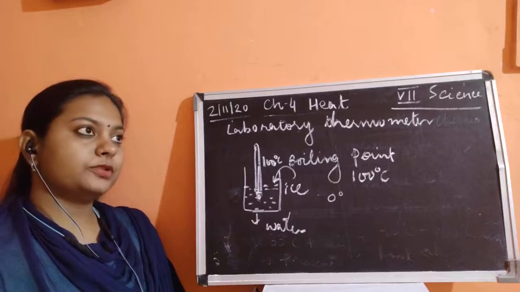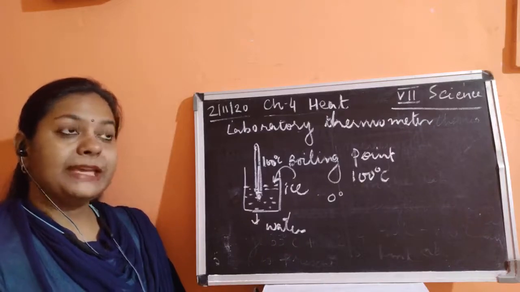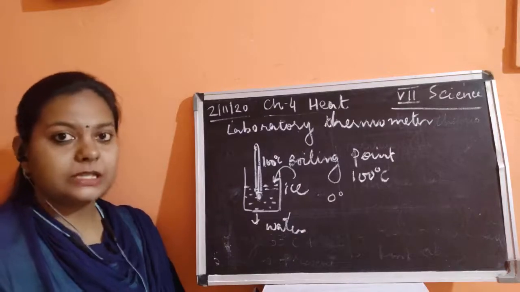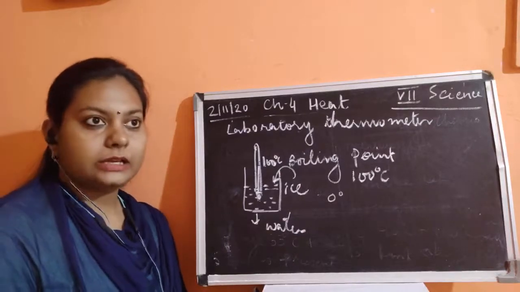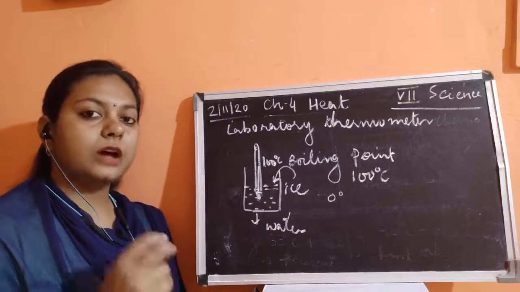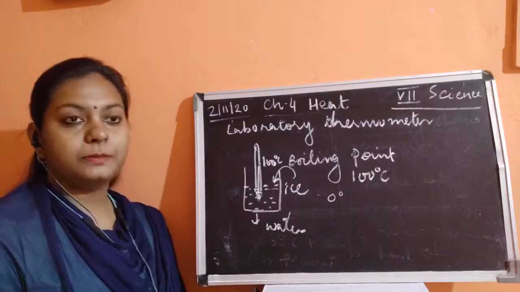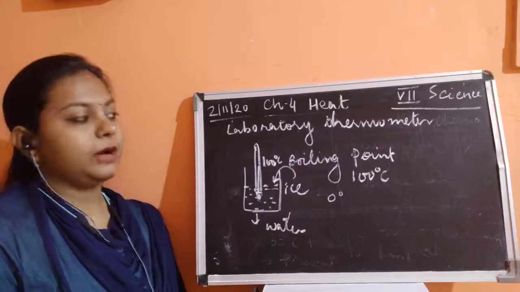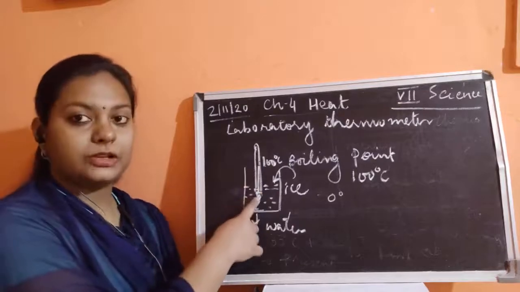But there is no option of making the mercury stable inside the thermometer, as there is absence of a kink. You know that kink, what is the function of the kink? The function of the kink is to stop the mercury at a particular temperature. It is not letting the mercury fall back into the bulb.